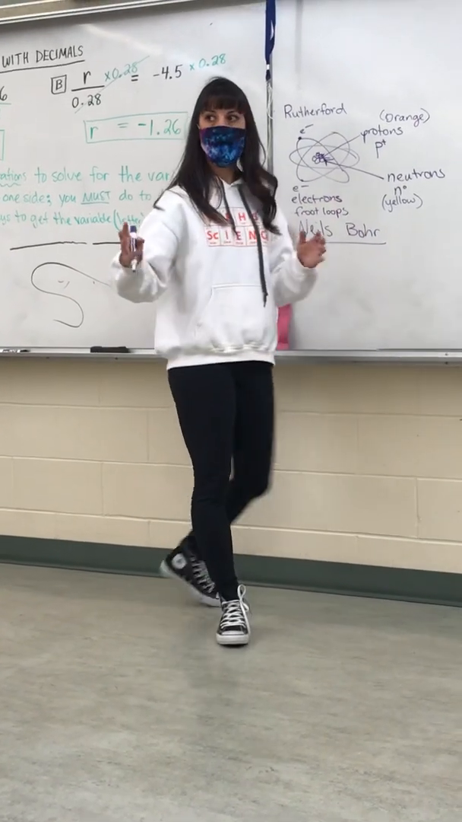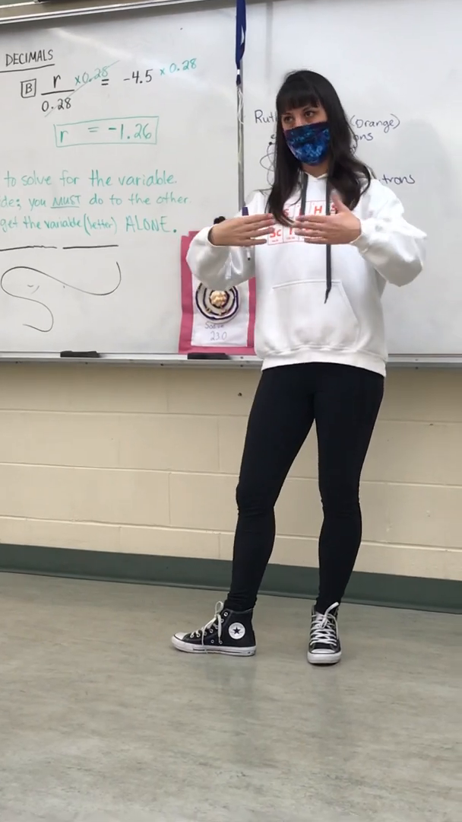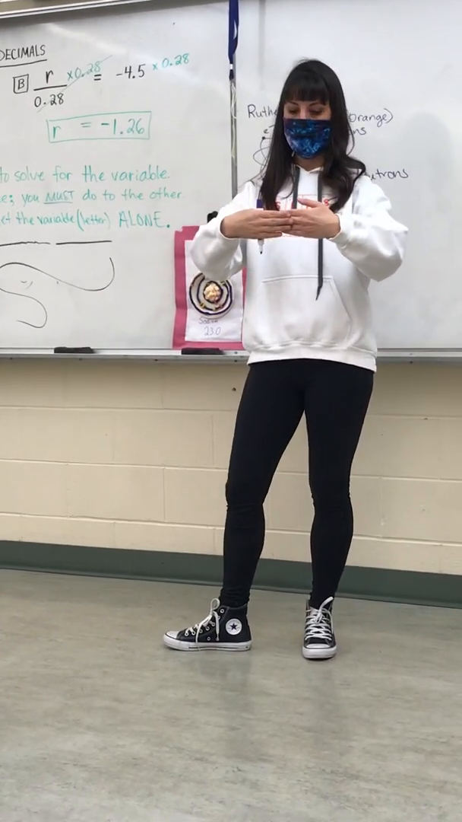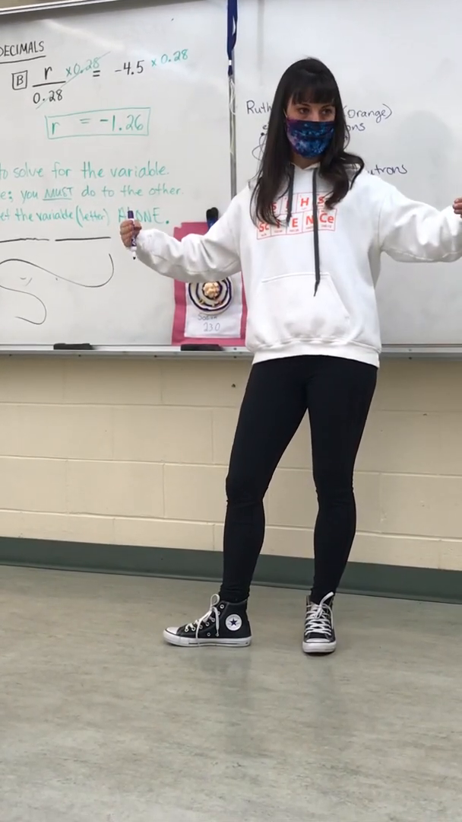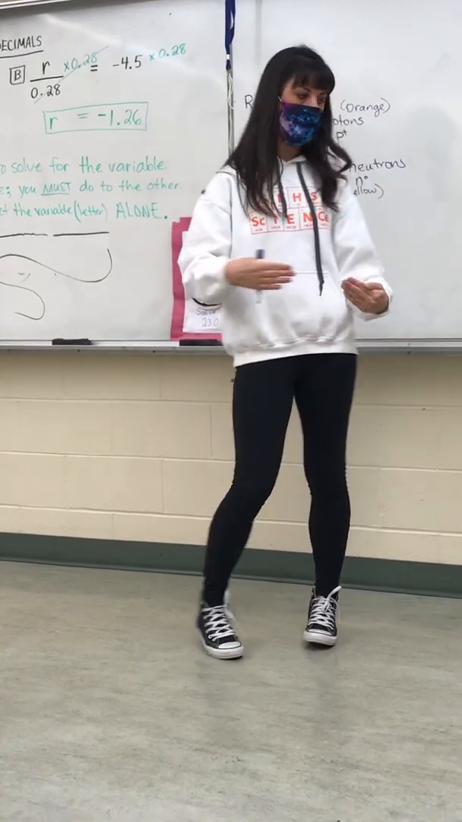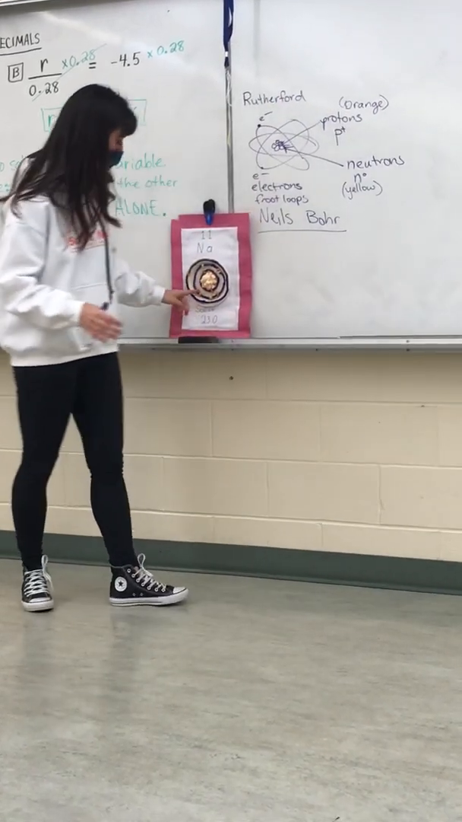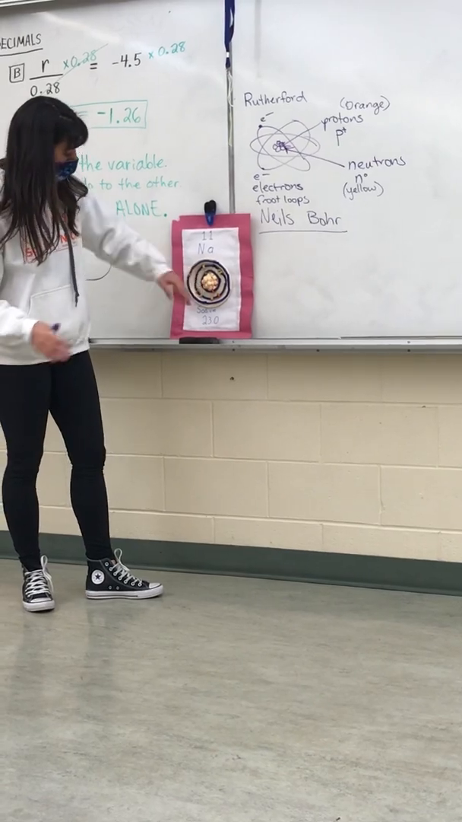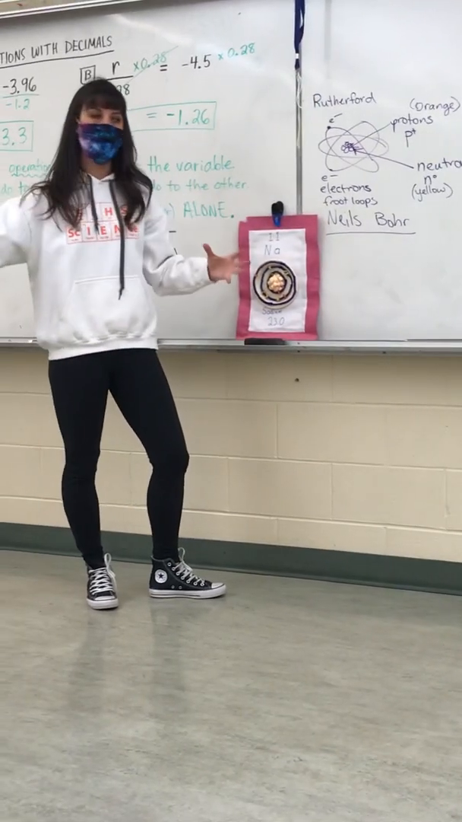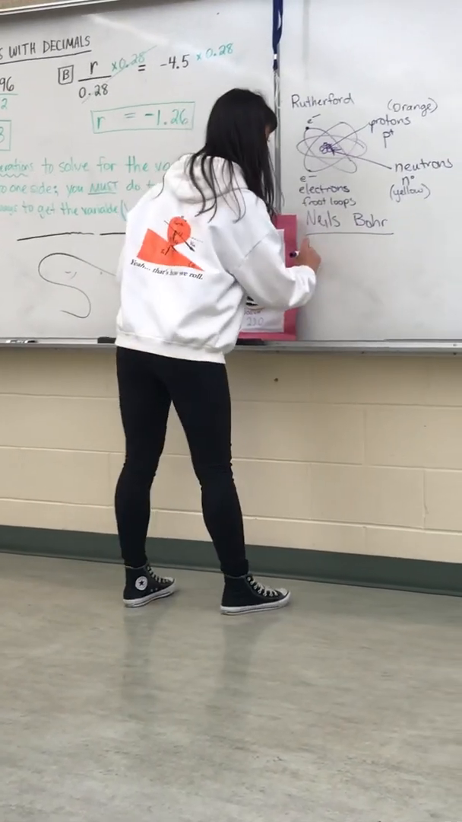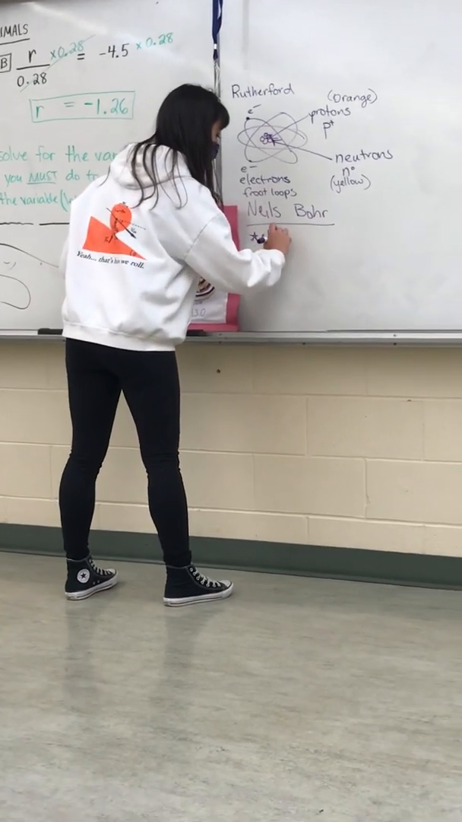And what do like charges do? Do they attract or do they repel? They repel. So when you are putting your electrons on, they shouldn't be side by side. They should be as far apart from each other as possible. So electrons